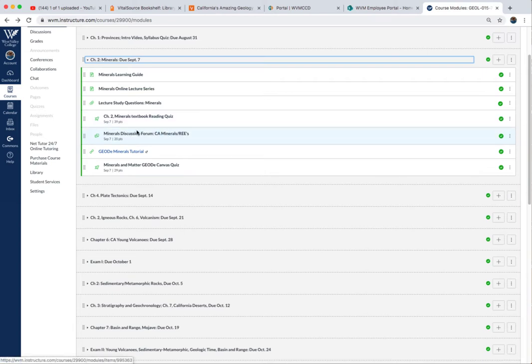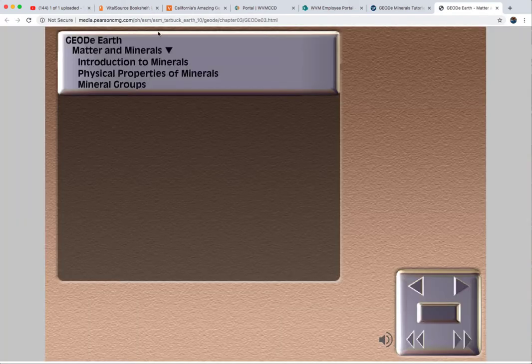Here I have a discussion forum, and then I want you to do these geode tutorials. We're not doing them every week, but especially for the beginning part here on kind of a geology background. It's another way of looking at